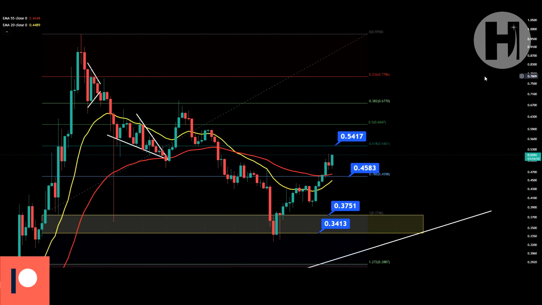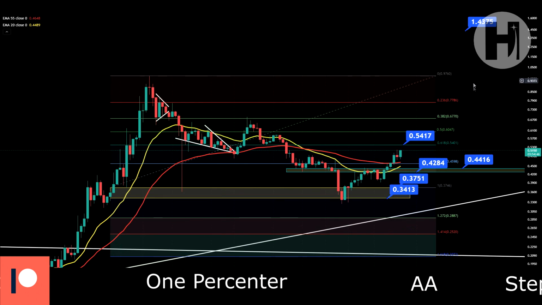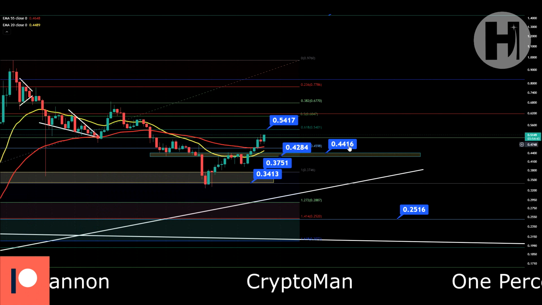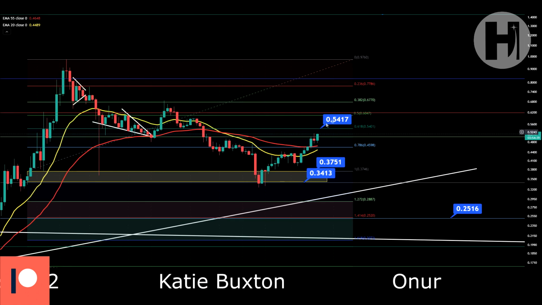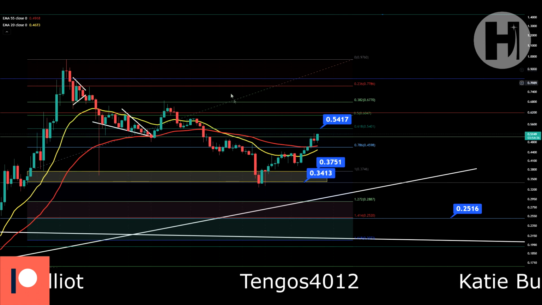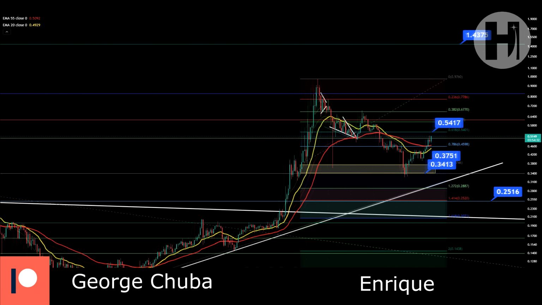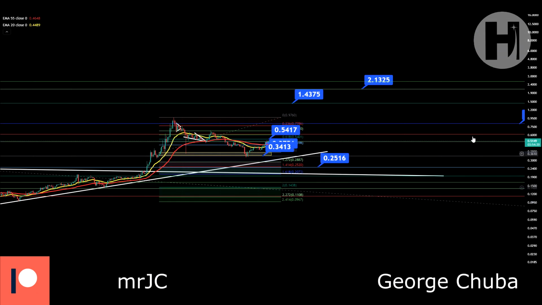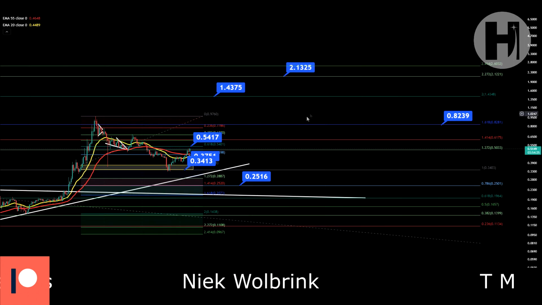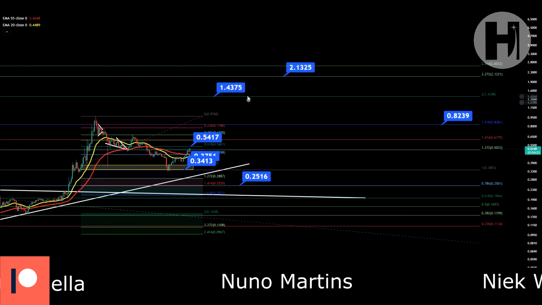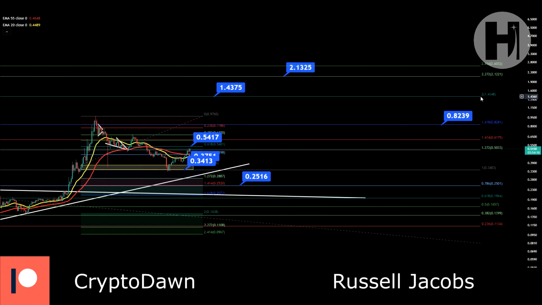So yeah, once we do, let me just bring back the fib. There we go. Once we do break through the golden ratio and back test at our support and continue on, I'm going to remove this Fibonacci retracement to the downside, and we're going to focus on the larger Fibonacci retracement. I'll probably set up a couple of Fibonacci's here and there, but we're focusing on the large one for the long term. So the next target after we break through the 1.618 is the second fib level, and that's sitting